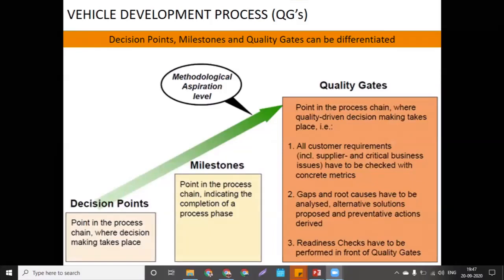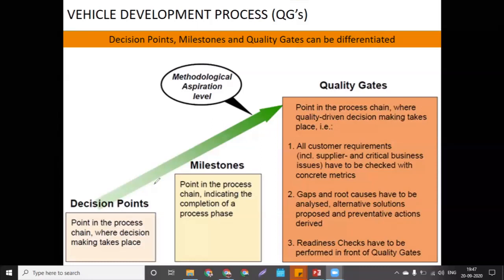Milestone indicates the completion of the process phase, and the quality gate is nothing but your assessment, how much with respect to quality, and how much with respect to completion it will be done. Then the readiness they will check at the end of each quality gate. Suppose you are moving from quality gate F to quality gate E. Now quality gate F is going to end over here.